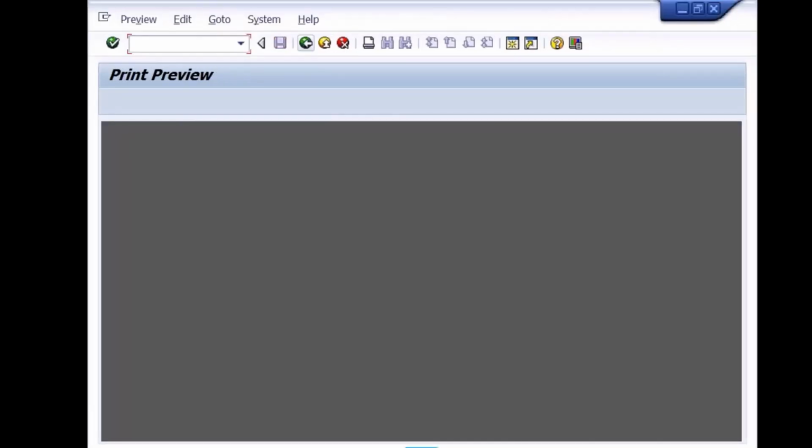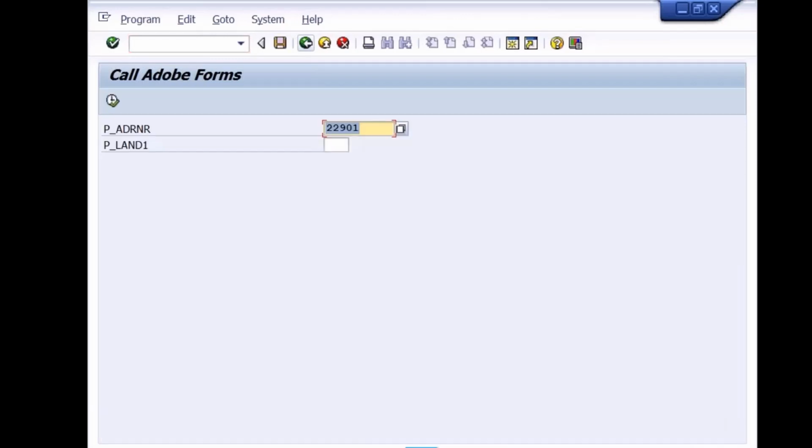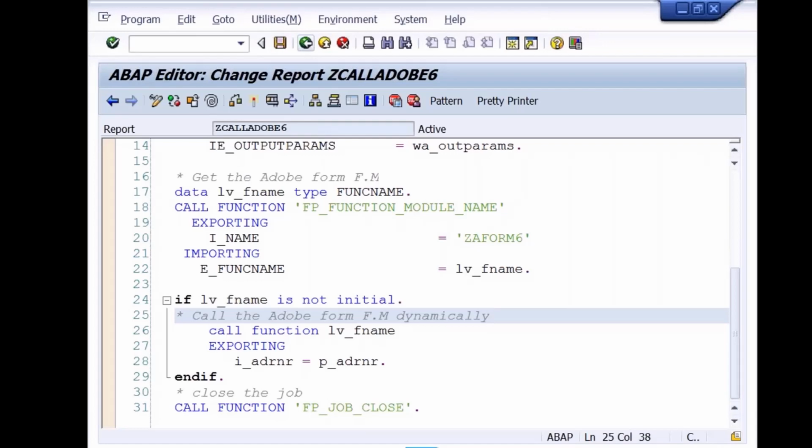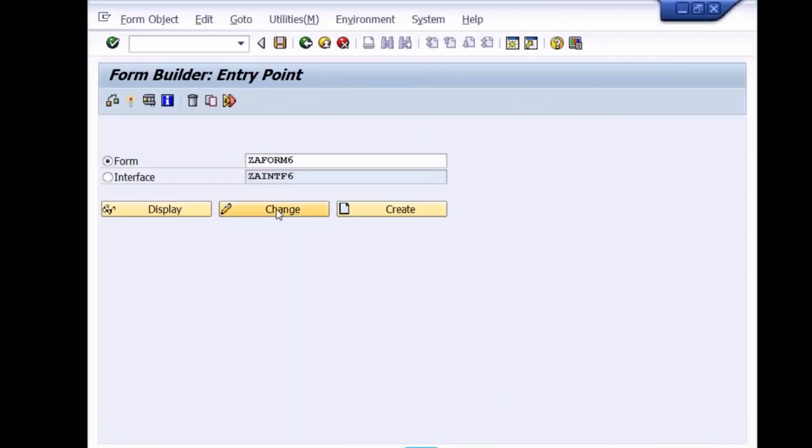Is it changing? Yes, changing. Working now. So it was an adjustment problem. Later on I made the changes to the interface. It was not adjusted properly. Working fine. Is it clear? So I got the address here. If you want to remove this, remove it from the layout. How to remove? If you go to the layout.